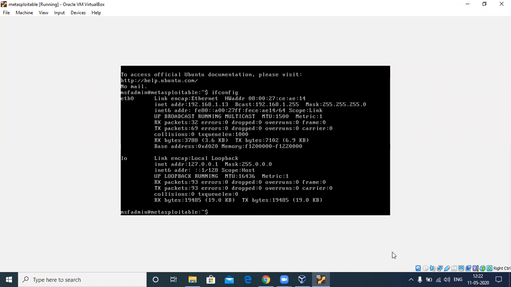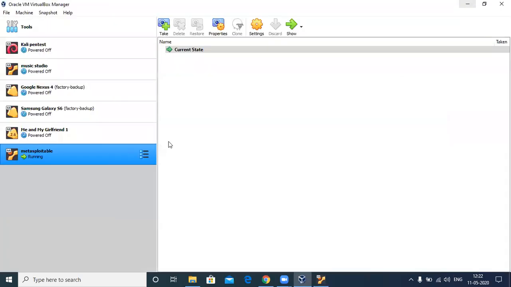The first thing you're going to do is find out the IP address of it. And how are you going to find out the IP address? ifconfig is a command. Yes, that's it. These are all again the Linux networking things that you might have learned. So that being said about Metasploitable, let's just leave it open here. 1.13 is the IP address of that.